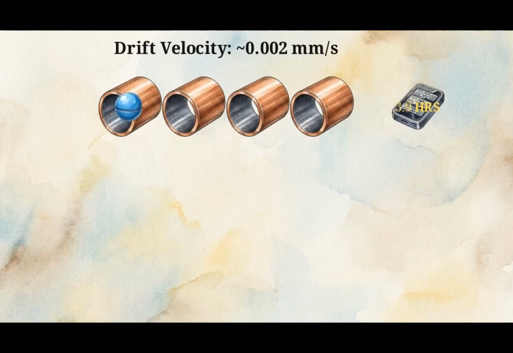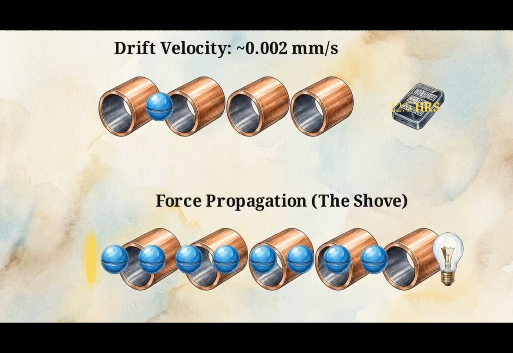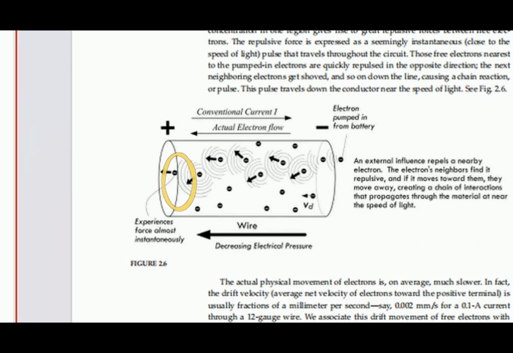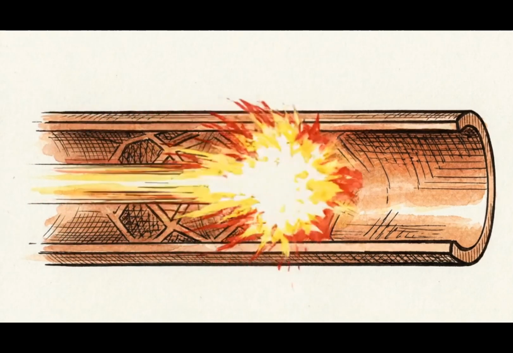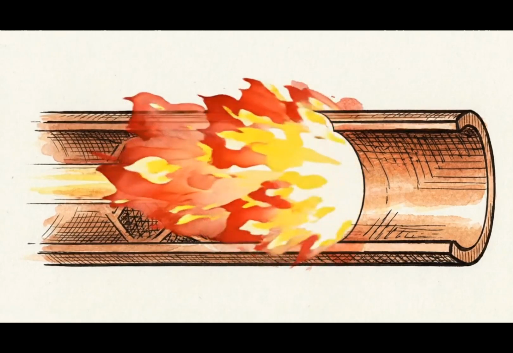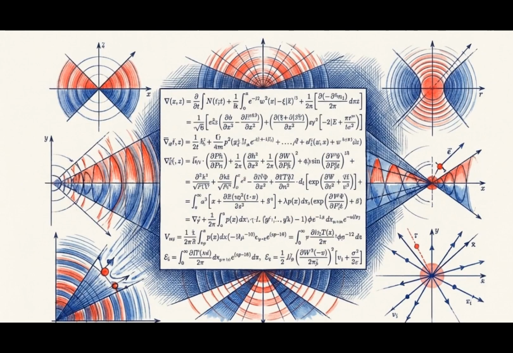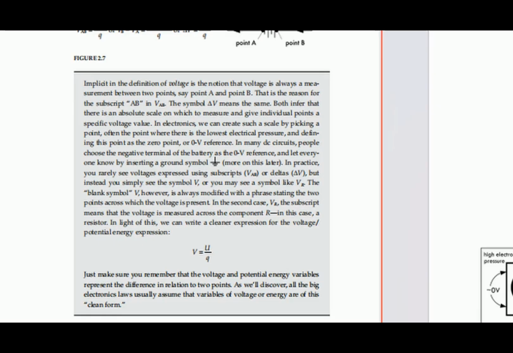If the electrons power the light, we have to account for the speed at which they travel through the copper. The physical drift of the individual electron is remarkably slow, roughly 0.002 millimeters per second. At this pace, it would take hours to reach the bulb. Instead, power transfer relies on the immediate repulsive force shown to the next electron, as shown here. This repulsive pulse, the wave of pressure, propagates down the line of electrons at near speed of light. The system transfers power through the light speed chain reaction of repulsive energy rather than the physical travel of individual